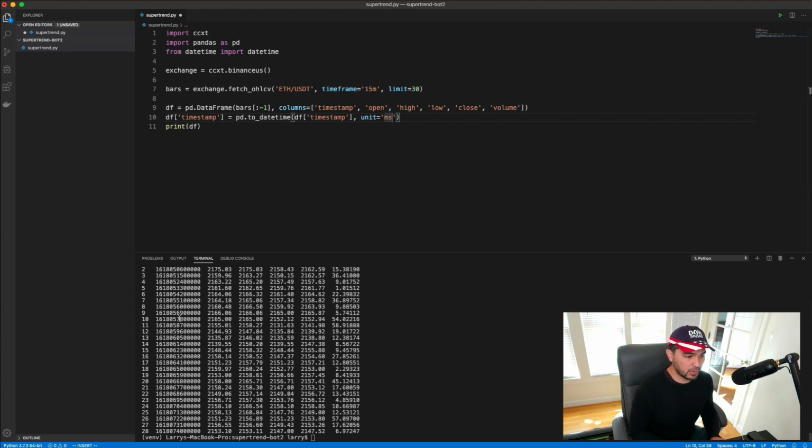So I'm going to do unit equals milliseconds. Sometimes you get the Unix timestamp in milliseconds, and sometimes you get it in seconds. And you see all these extra zeros, that means it's in milliseconds, okay? So I'll do that, and now if I print it,